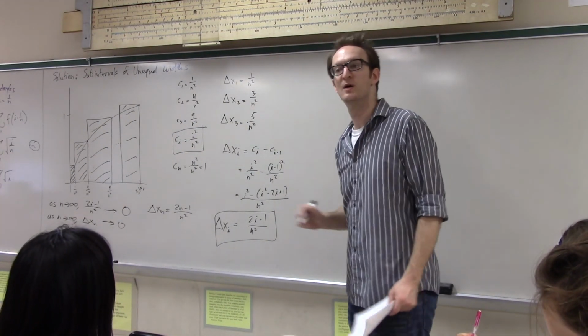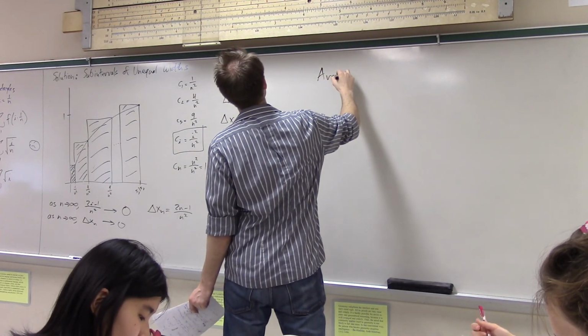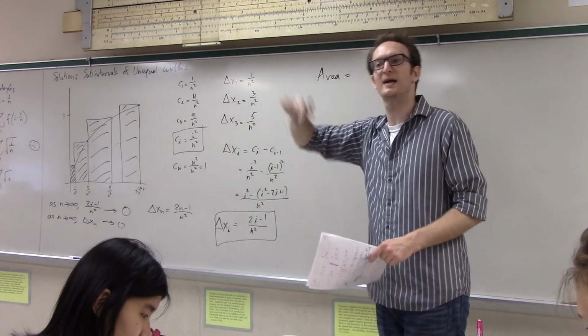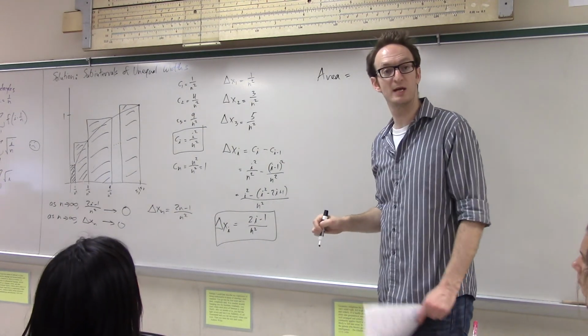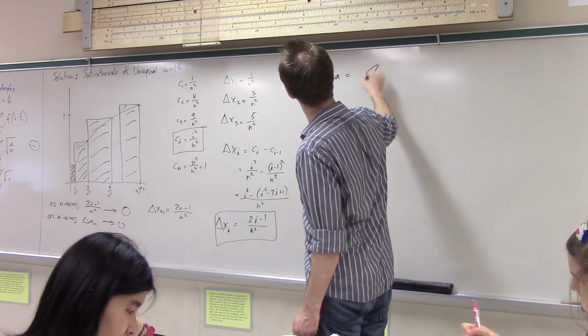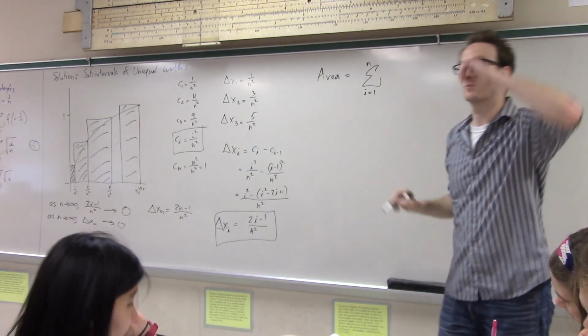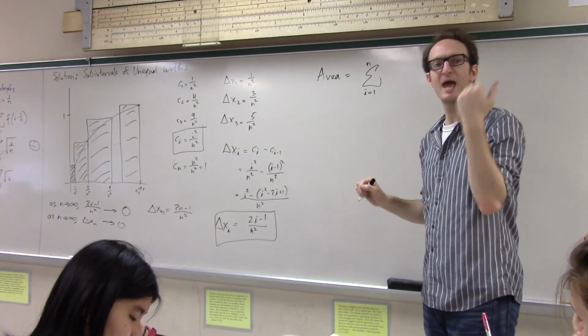So do the problem. Find the total area. And maybe I'll start us off together. I have to add up a bunch of rectangles. Each time I said I would skip a step, so now I'm going to go straight to the sigma. So I want to sum up a whole bunch of things. I have n rectangles, and what I would like you to do right now is to write me an expression for the area of the